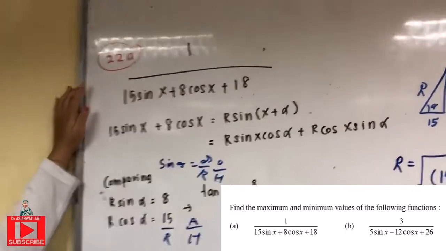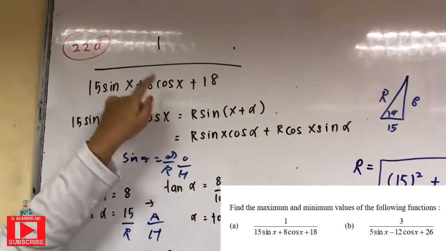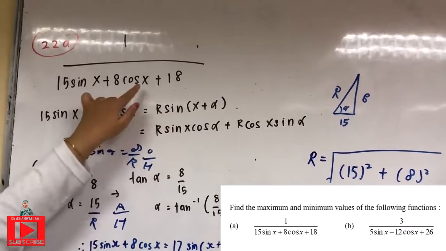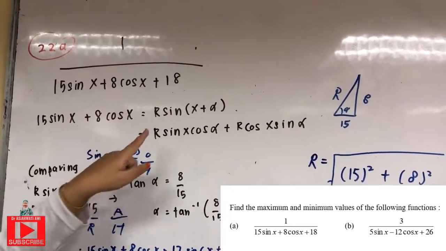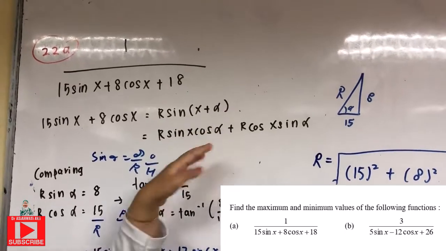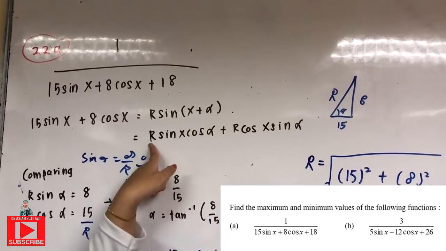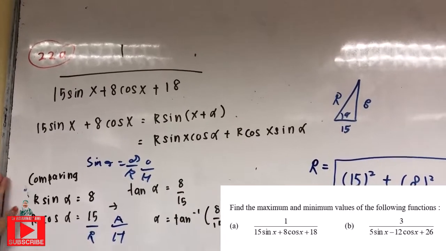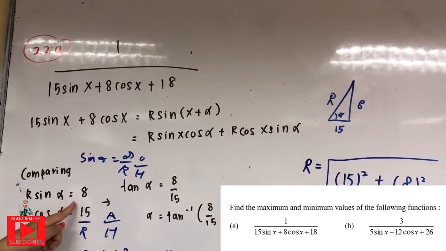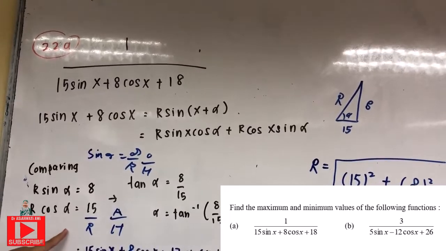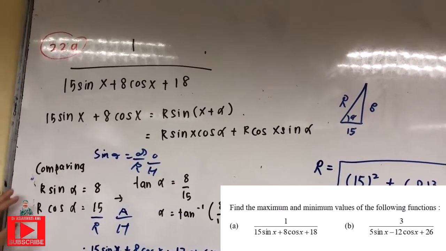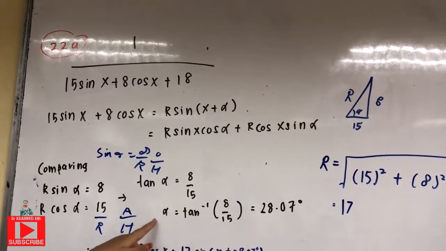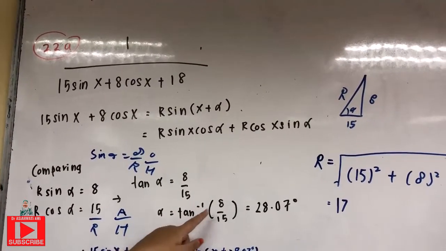Soalan 22A, dia suruh solvekan pecahan ni 1/15 sin X tambah 8 cos X tambah 18. Kita nampak yang ni, kita boleh guna formula yang R sin X tambah alpha. So yang ni kita tulis balik formula dia. Lepas tu kita compare kan, R sin alpha dia akan dapat 8, R cos alpha dia akan dapat 15. So daripada yang ni kita boleh dapatkan tan alpha equals to 8/15. Nak dapatkan alpha, tan R 8/15 akan dapat